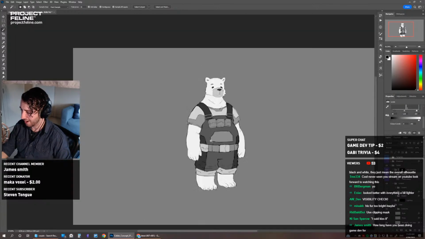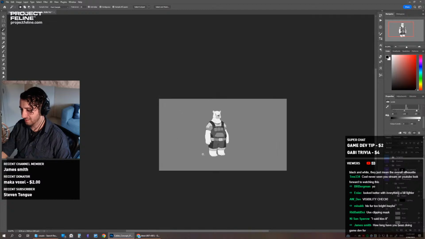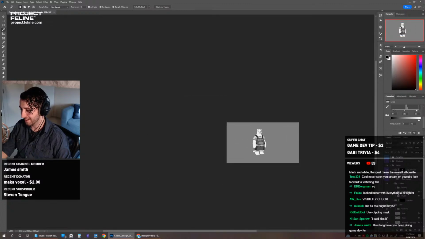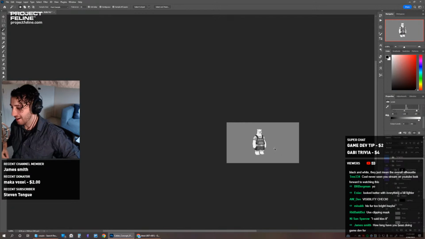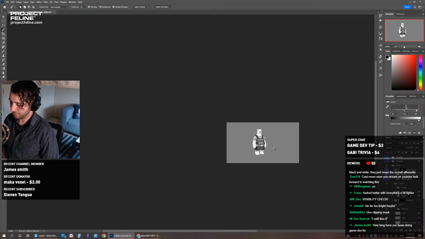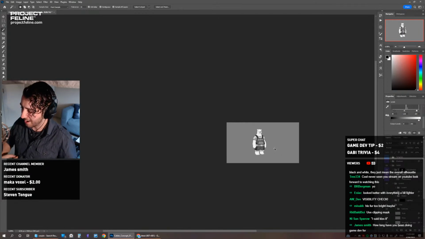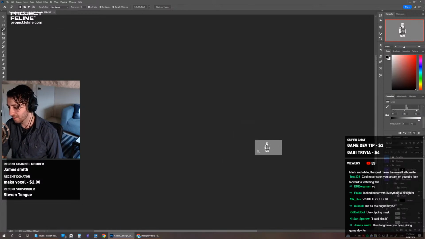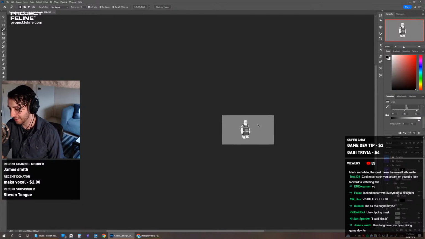I mean, yeah, it's very minor. I don't think it's that bad. If I zoom it out, I can see where his straps are. I can see where his shoulders are. I can see where his head is. I can see where his belt is. And that's kind of the important bit. I can make out that figure from back here. But if you went like that, not as much, really.